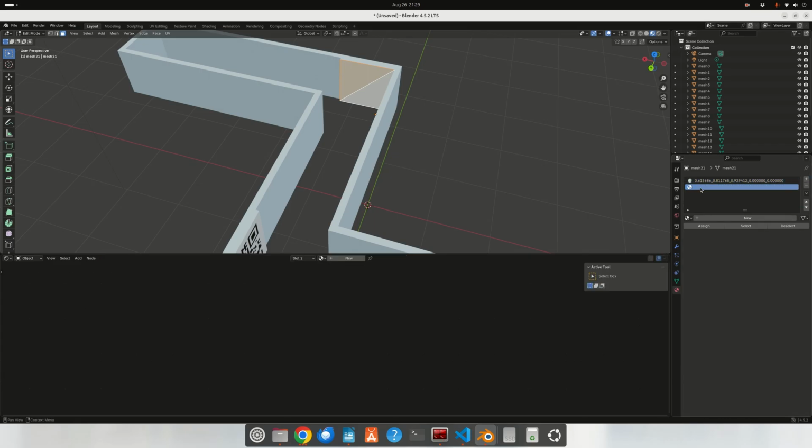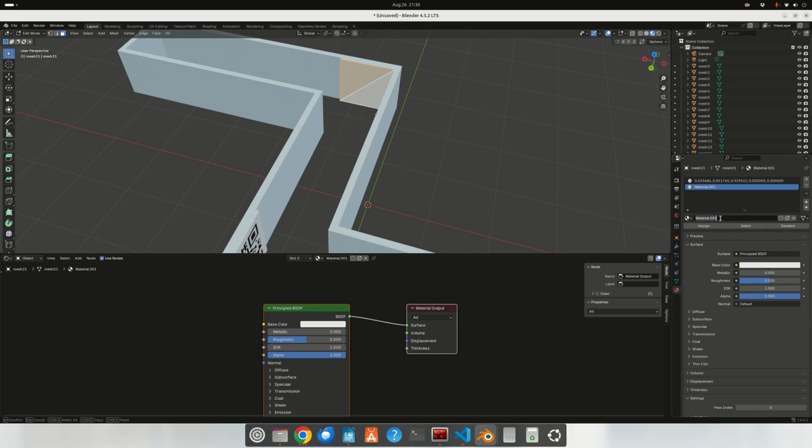So I'm going to add a material slot, put new in, rename this QR left, assign it, come to this section here, and we're going to do Shift A, texture, image texture, drop that on, connect color to base color,